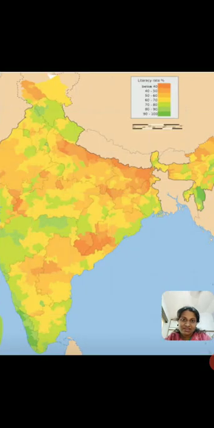Now I have taken a part of this literacy map that I showed. Can you see in the top corner there is a white box, and in that something is written and there are colors put up, right? That shows which color stands for the age group that is literate. All right, so that is what this particular map shows.